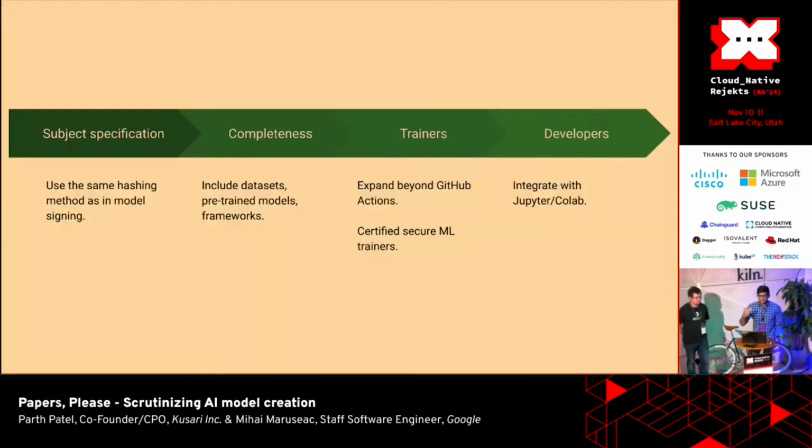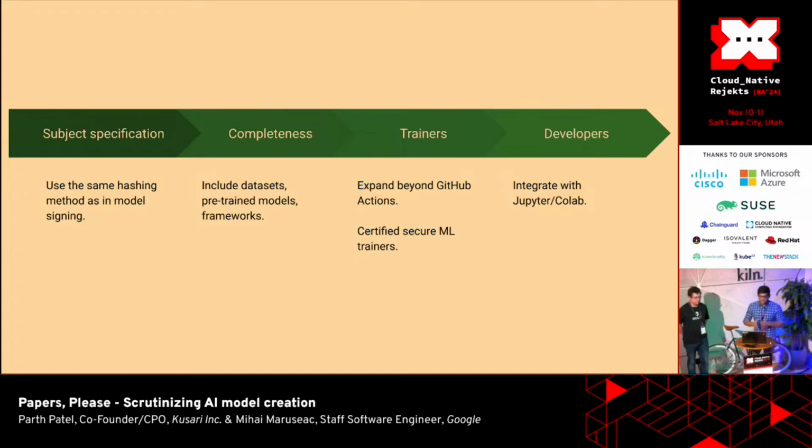So we have the subject being handled properly via the hash and so forth. But in order to complete the actual SLSA attestation, we need to include the data sets that went into it, and then other iterations we made on the data sets, how the model was actually trained, and finally what kind of framework all went into it. So we need a complete understanding of how exactly it was built, so you can put that into the SLSA attestation, right? So this information is currently missing.